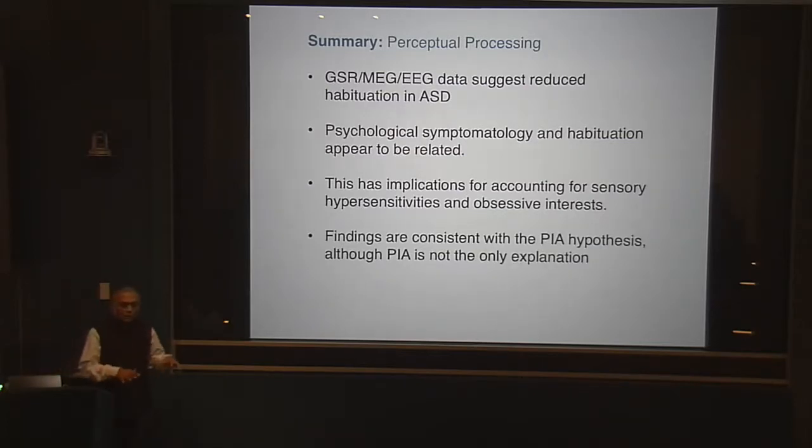If you're immersed in a world where the sensory sequences you're hearing are always highly salient, they can become very aversive very quickly. So that might account for the hypersensitivity to sensory sequences. But on the flip side, if the sequences that you're observing actually have positive valence, so you like those, and you're not habituating to them, then your interest in those sequences is going to be sustained for longer than it would be for a neurotypical individual. So that might account for the obsessive interest.